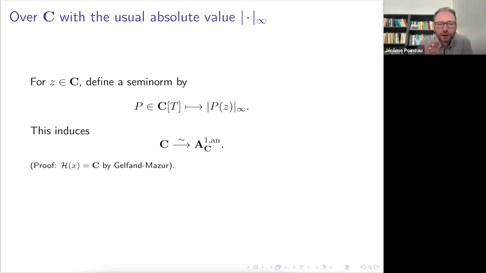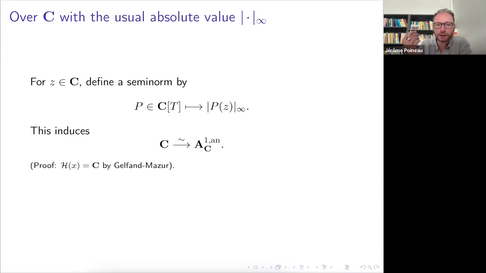Actually, this is much more than a bijection. This is a homeomorphism first. I told you that the topology on the Berkovich side was defined by open sets given by polynomials and things like that. So these are certainly continuous on the usual side, and on C you can define the topology, for instance, using disks, and disks would be examples of the open sets I gave. So it's really exactly the same topology, and it's even an isomorphism of locally ringed spaces.